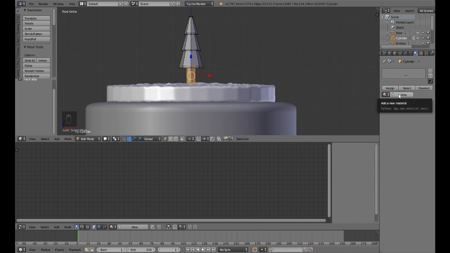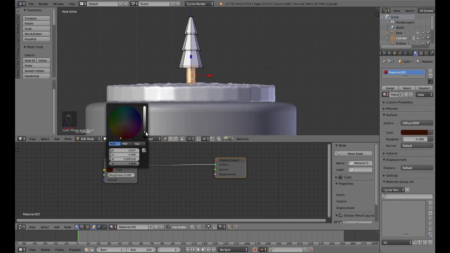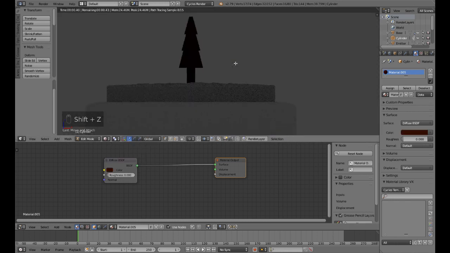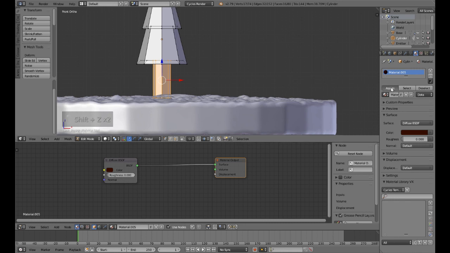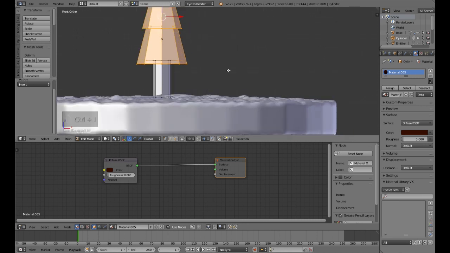So let me click on the new button at first, a very basic material again, a dark brown like color to give the trunk a little bit of a brownish structure, and then hit Control I to invert the selection so that my entire leaves are selected,